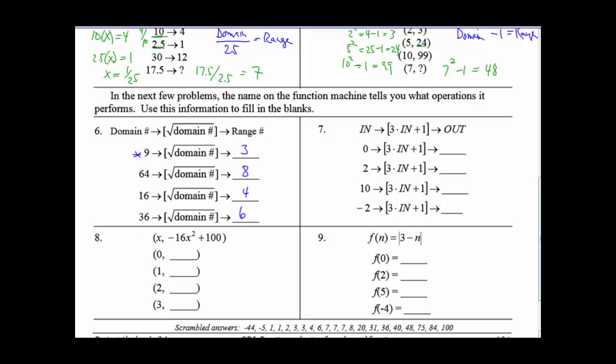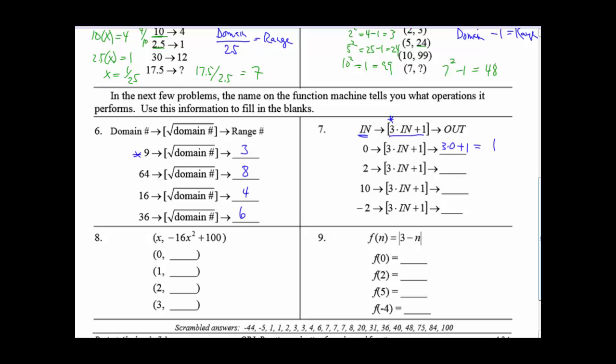Next function machine, we're going to take our input. We're going to input a number. What are we going to do? We're going to multiply by 3 first, then we're going to add the 1, and then that gives us our output. So if we input 0, we're going to go 3 times 0, then add a 1, which ends up